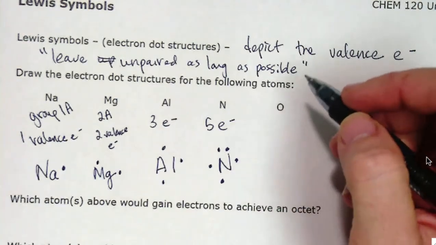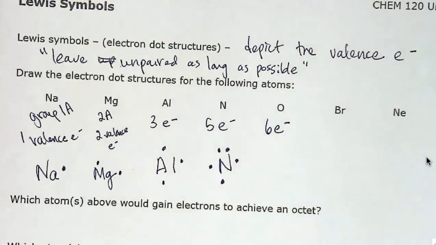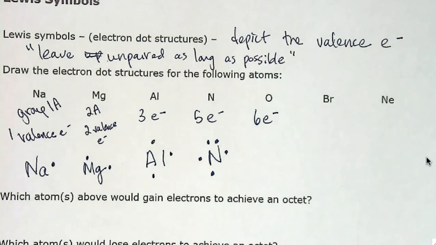Oxygen is in group 6A, so it has 6 electrons. And if I'm going too fast on any of these, you can always hit pause and kind of convince yourself of this. It's a lot easier for me to go fast when nobody's asking me questions. But